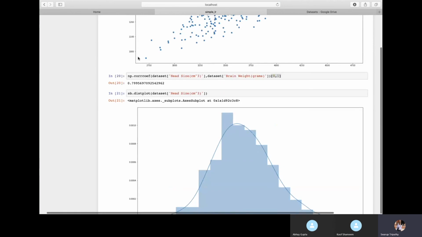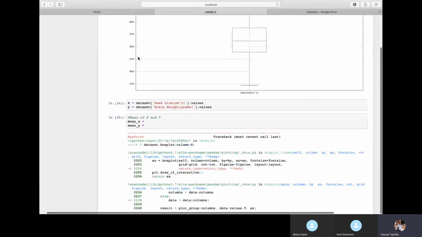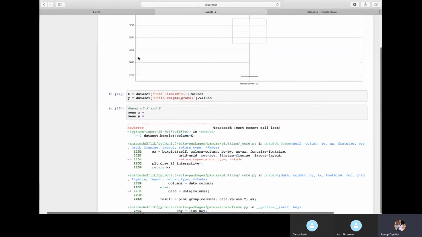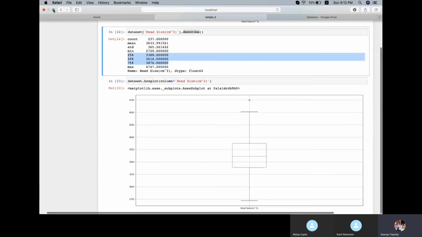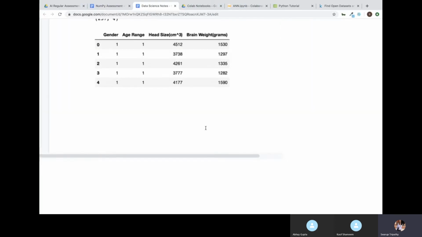Also we saw the data distribution within our data set is very well maintained. Also we saw that there is a correlation between x and y, and they are positively linearly correlated, and that is also 0.79, which is a very good correlation between them. So as they are linearly correlated, we can use linear regression on this. So next we are going to take our x and y values, then we'll be doing linear regression on this data set. So for this I'll open this other tab.